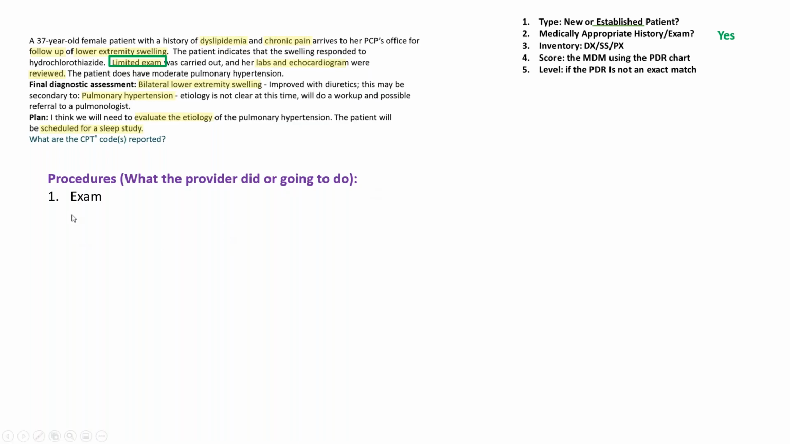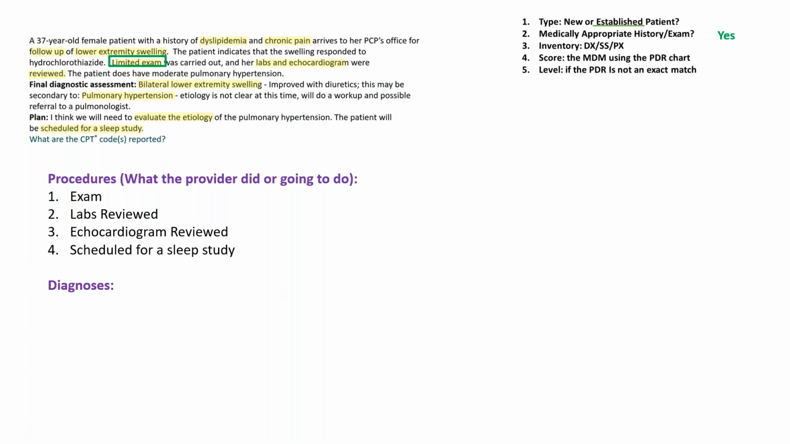So if we document what the provider did, doctor carried out an exam. What else did the doctor do? The doctor reviewed labs, right? Yeah. What else did the doctor do? The doctor reviewed the echocardiogram. Anything else? Well, what is the provider going to do? The provider is going to schedule the patient for a sleep study. I'm going to let that marinate for a minute. Now,